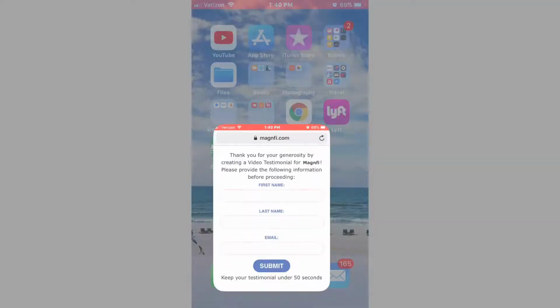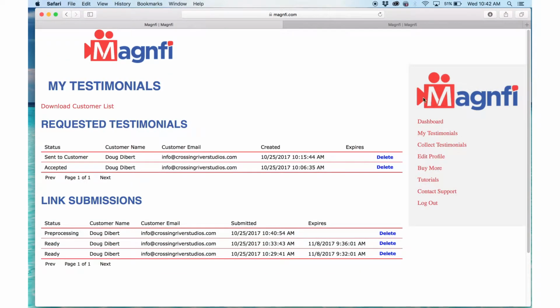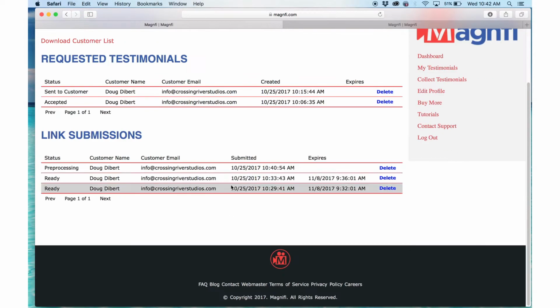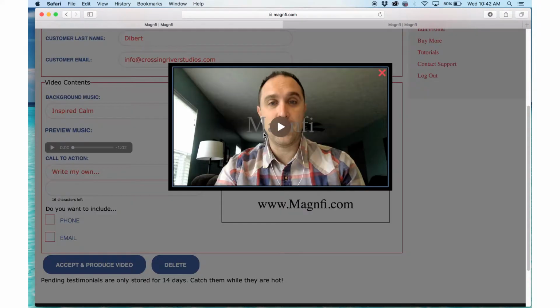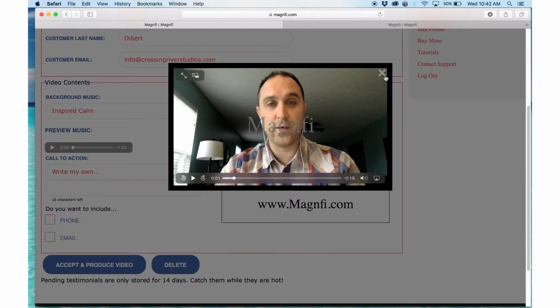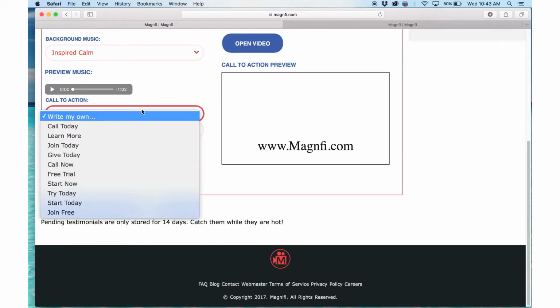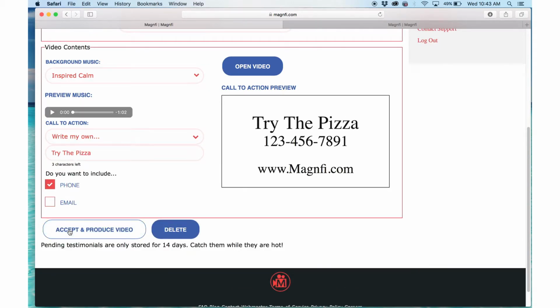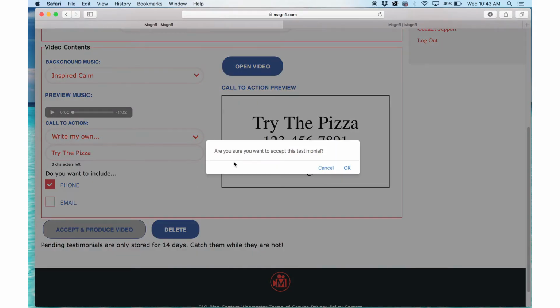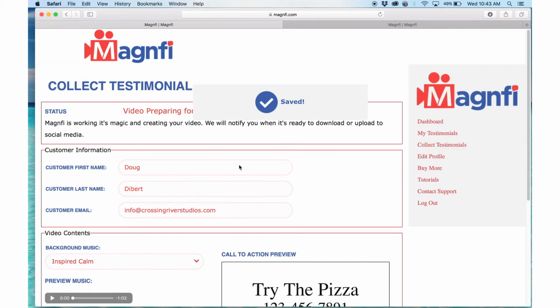You'll see all your video testimonials on your dashboard ready to view in your link submission area. Scan through all the videos that came in and simply delete the videos you don't want. Then to have Magnify produce the videos you do want, after you tell Magnify what you want in the call to action screen or no call to action screen, simply click accept and produce. Magnify goes to work, giving you a produced video testimonial with your company's logo and call to action ready to